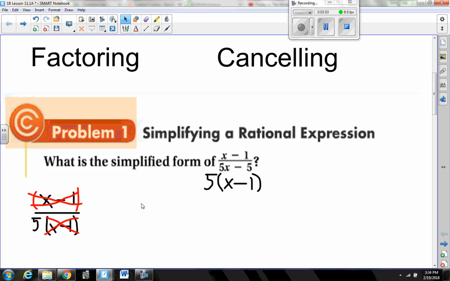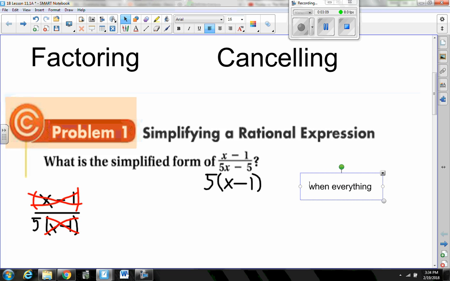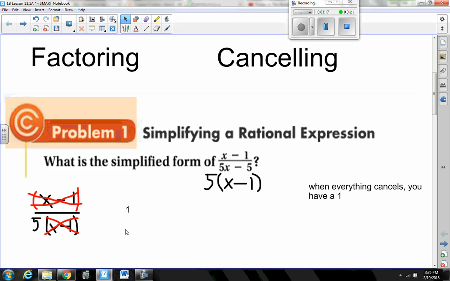So when that happens, when you cancel everything, when everything cancels, you have a 1. Okay, when everything cancels, you have a 1 on the top of the fraction. What's left on the bottom of the fraction? Well, that's a 5. So my final answer here for the simplified form of this fraction is